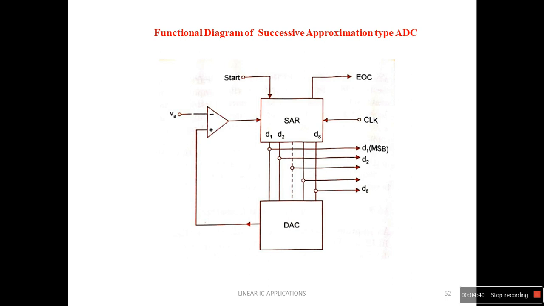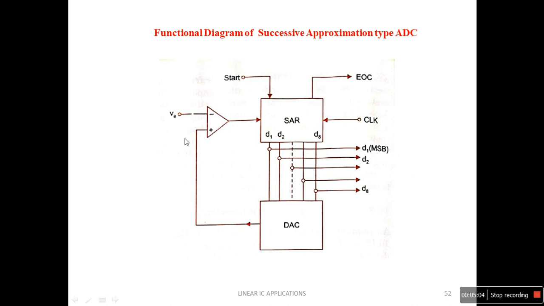So the trial code is 1 0 0 0 0 0 0 0. The MSB is 1 and the remaining bits are all 0 initially. Whenever we press the start, the SAR sets the MSB D1 equal to 1 with all the remaining bits as 0. The output VD, the digital output of the DAC,